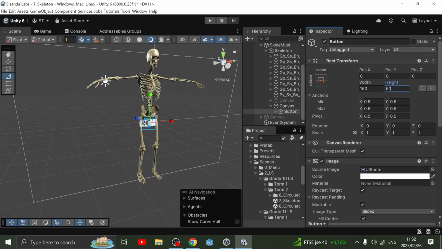I think 60 by 60. Let's check how big is that. Maybe let's go 30 by 30. 30 by 30. And there should be a nice annotation button there,